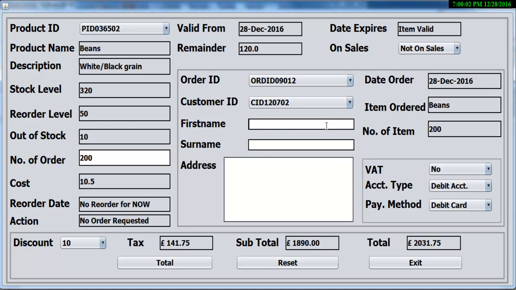Supposing the customer's name is Dave Johnson. Okay, that's the customer name. An address, let's say 90 Hall Road. There. So that's the address of Dave. Okay, so as you can see, Dave was given 10% discount, and that's all of the information that the system